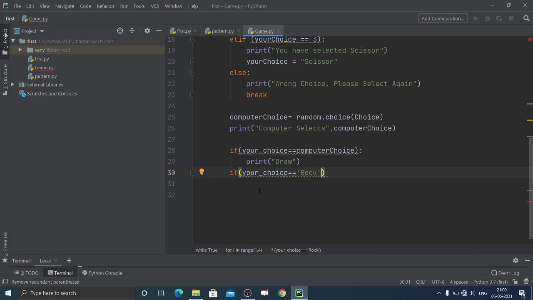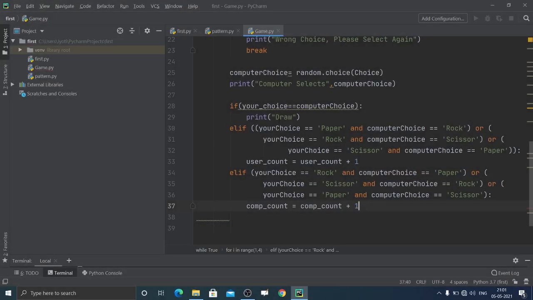So that's how we will think and find the logic. We will first find all the ways in which the user will win.